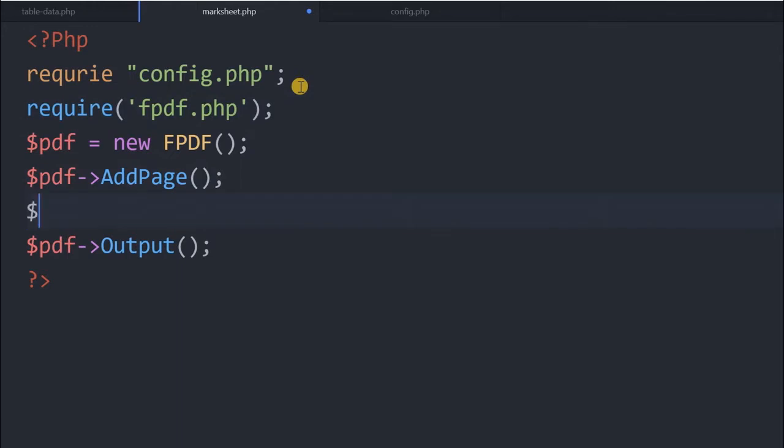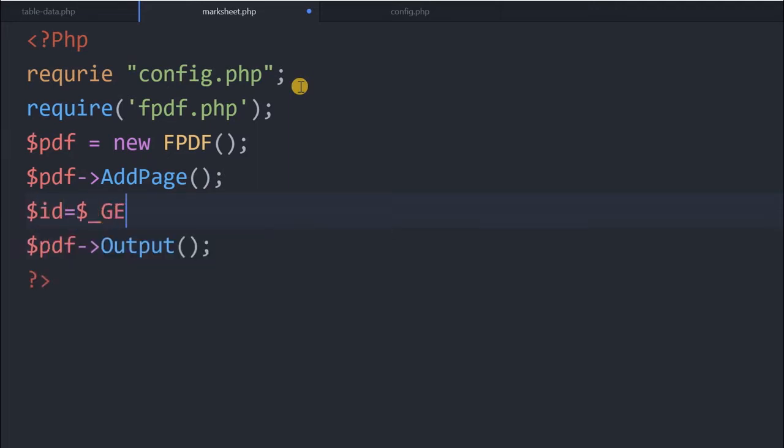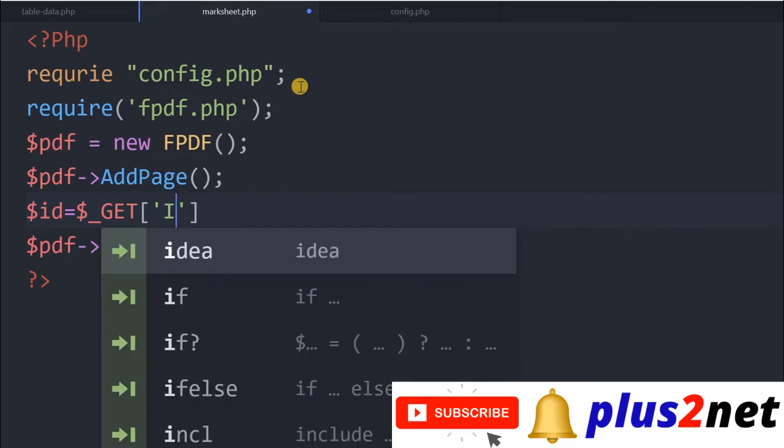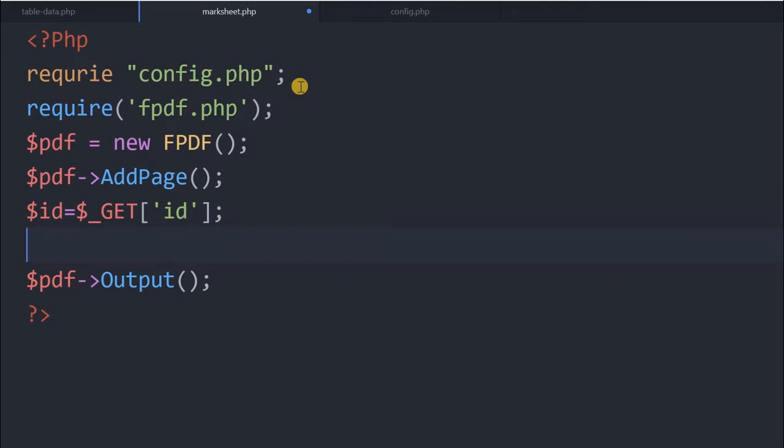Now we are collecting the ID of each student from the URL, so we'll get the ID first and keep it in a variable. This is part of our PDO or database connection details, and we have a series of videos on how to get data from the MySQL database and manage it, to understand how our database management works using the PDO concept. So here, we'll collect the ID first from the URL using the get method, because it's part of the query string.